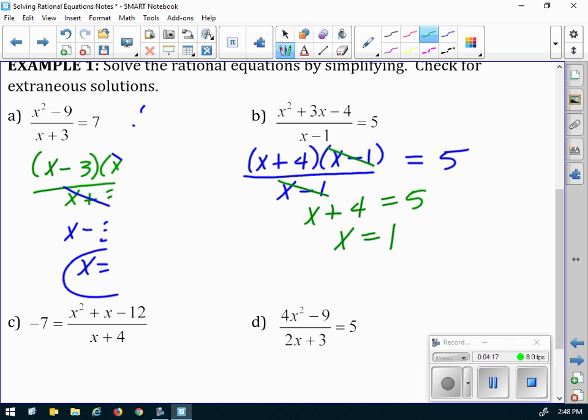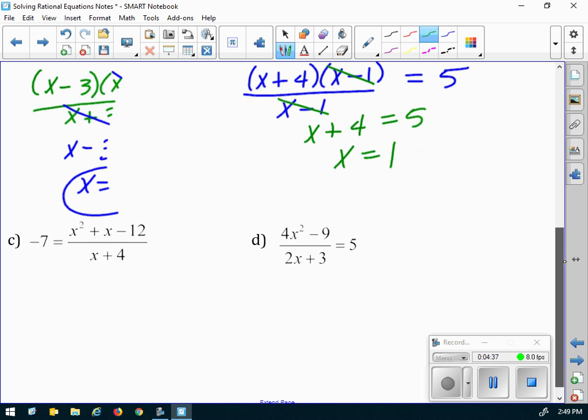If x equals 1, what's going to be 0, so what doesn't work? Oh, here's what Aiden saw. Aiden saw that denominator, if x equals 1, what's that denominator? 0. And what happens if I divide by 0? I can't. So here's what you're going to do. You're going to just make one mark through that. Don't gouge it out. But no solution. Why? Because the only possible solution I got,